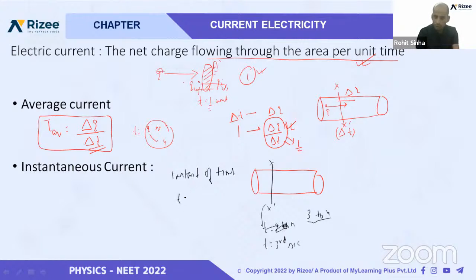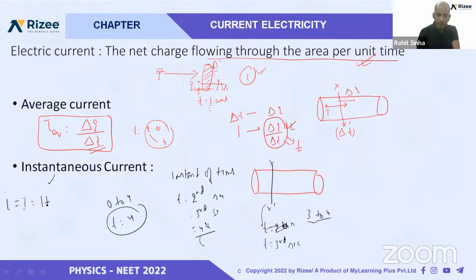let us suppose t is equal to 2 second, or 3rd second, or 4th second. T is equal to 4 is not the 4th second, because that means 0 to 4. But we are telling 4th second, that means at an instant. To find this type of current, what do we do? We write the instantaneous current as I, small i or capital I, is equal to